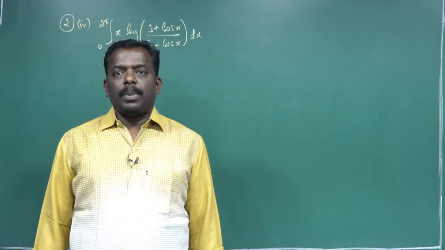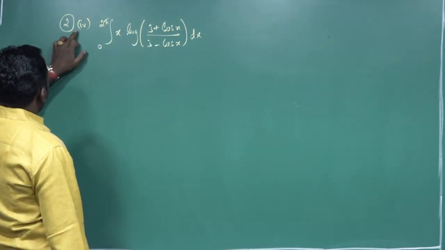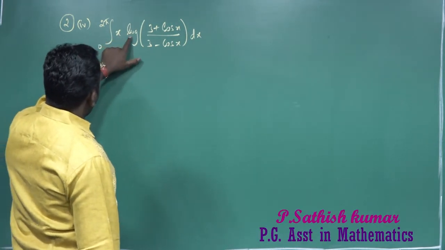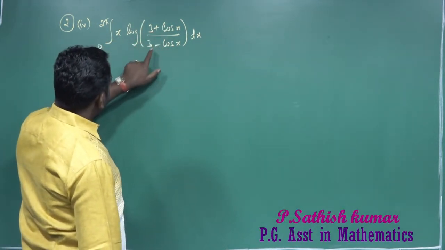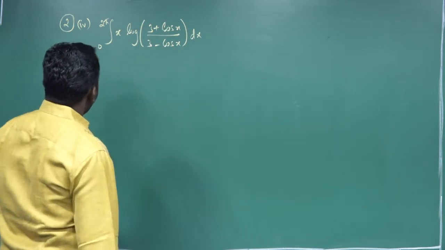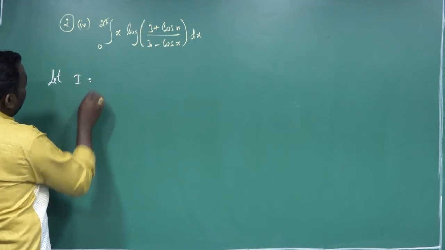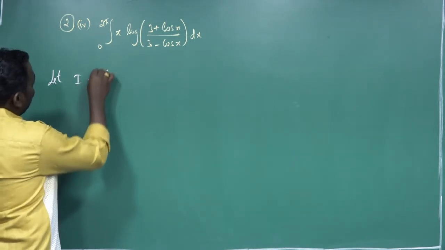Come to the next exercise problem. Second question, fourth subdivision: the integral from 0 to 2π of x log((3 + cos x)/(3 − cos x)) dx. Therefore, let's consider the given integral defined as I, that is equal to